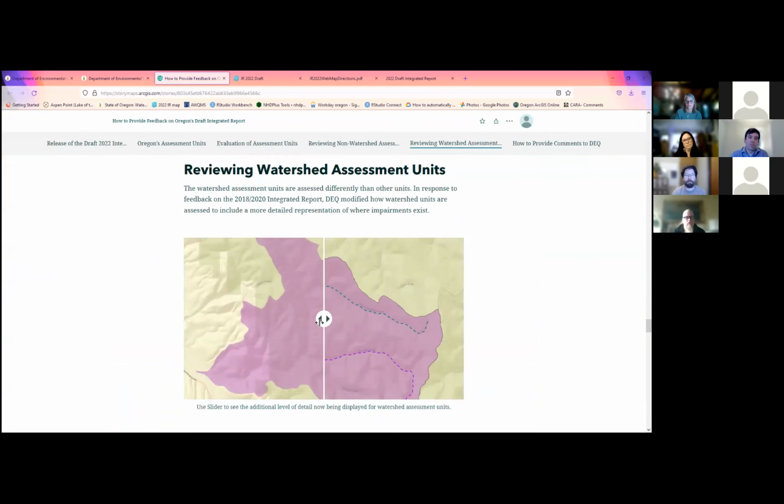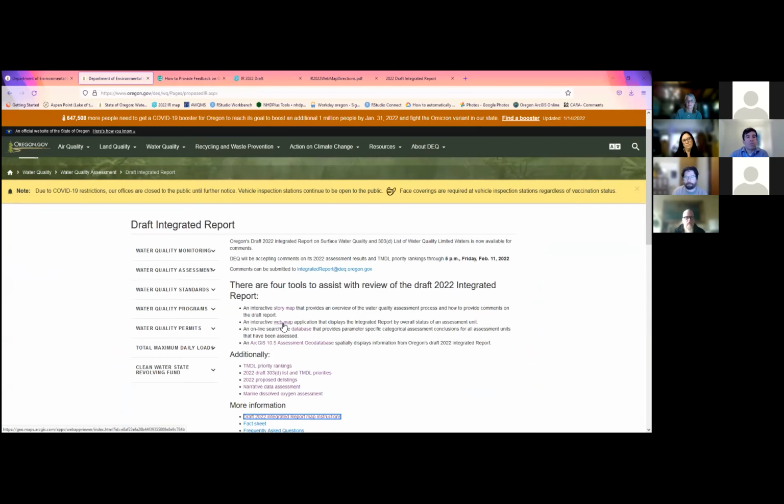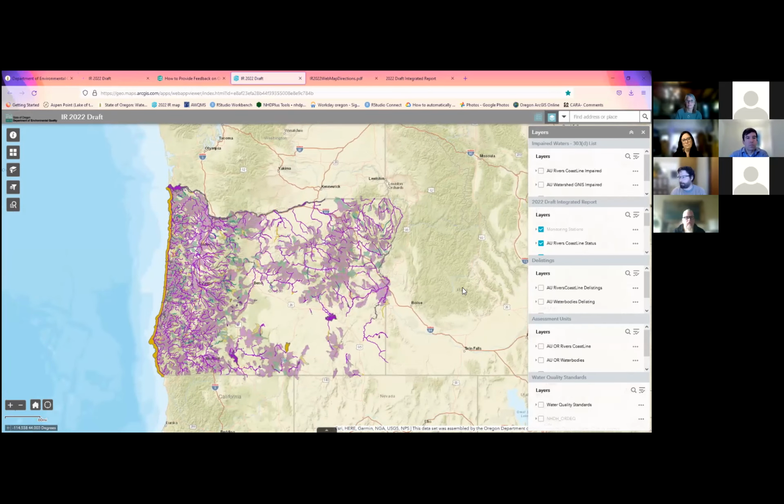Additionally, we have our new web map. I've also preloaded it here. This is what it looks like this time. Hopefully it looks a little cleaner and more user-friendly than the GeoCortex application we were using before. Over here are the layers that you can turn on and off, and you can toggle that on and off there.